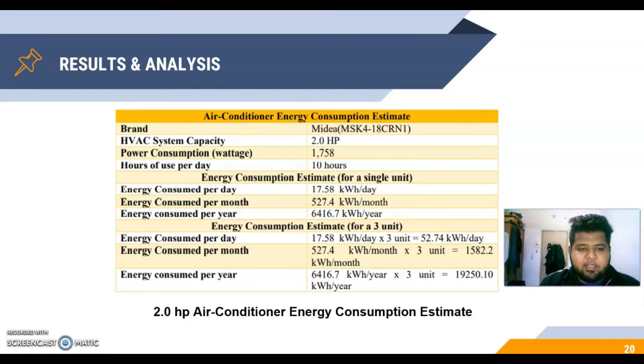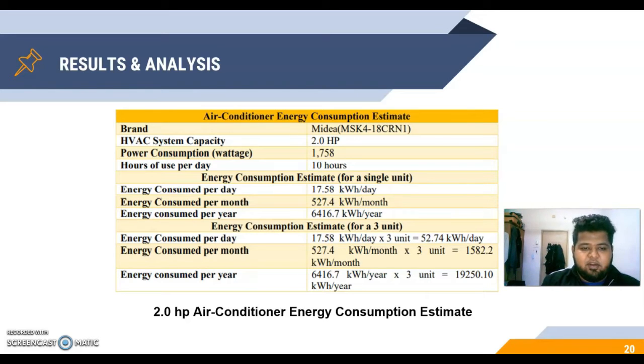The HVAC system capacity is at 2.0 horsepower. The power consumption wattage is at 1758. The HVAC device ran for 10 hours a day, and 10 hours is for one single HVAC device. So, 3 HVAC devices ran for 10 hours a day, and the energy consumption estimate for a single unit per day